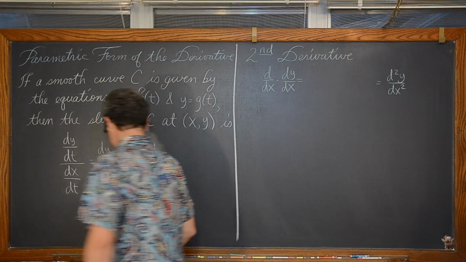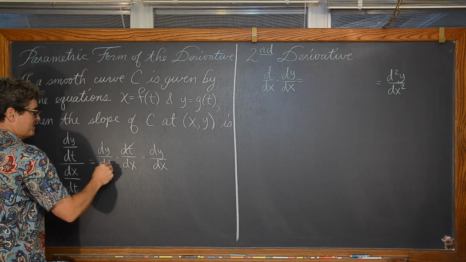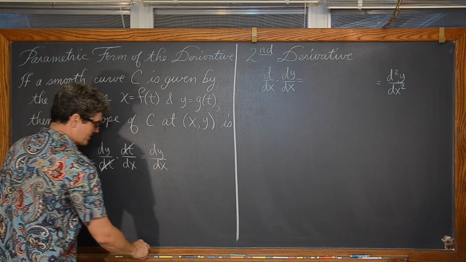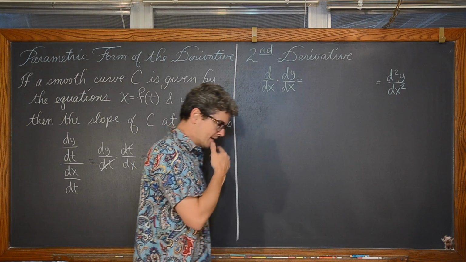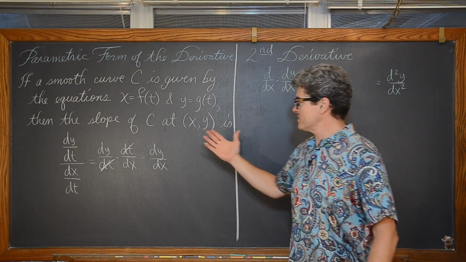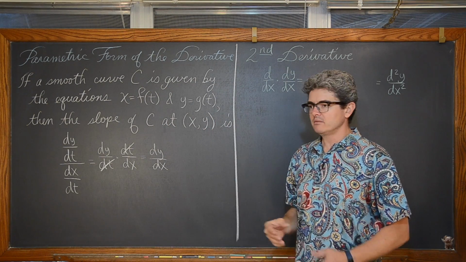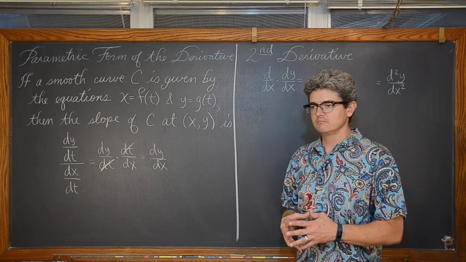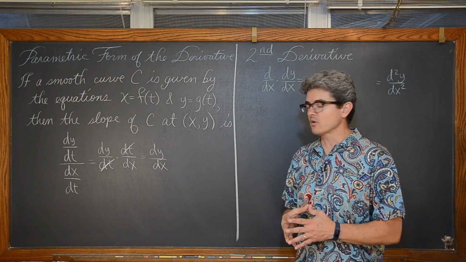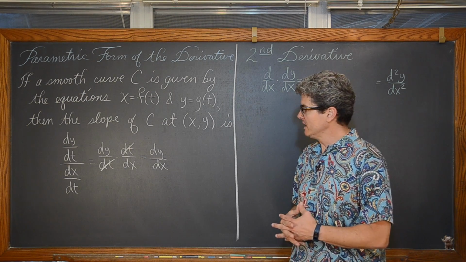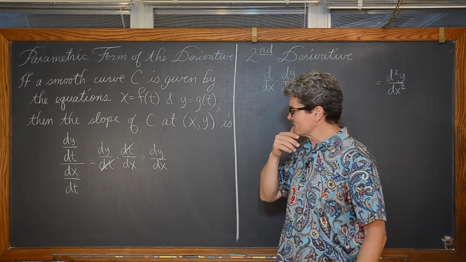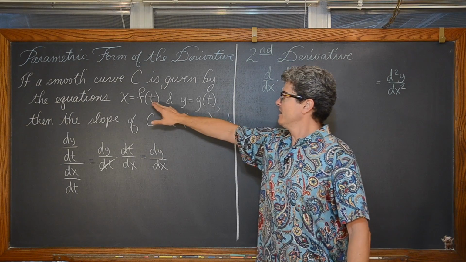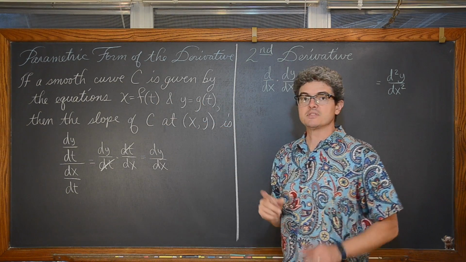We can see that our dt's are going to cancel out, and we're going to have that first derivative, the derivative of y with respect to x. Now, when you first see this notation, it looks like our slope of our curve, our first derivative, may seem to be in respect to x, but it is still going to be a function that's going to have an independent variable of t.